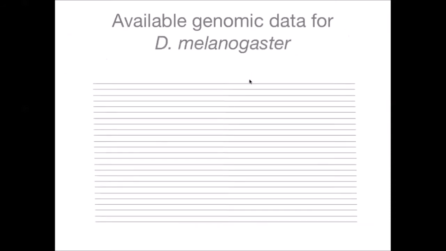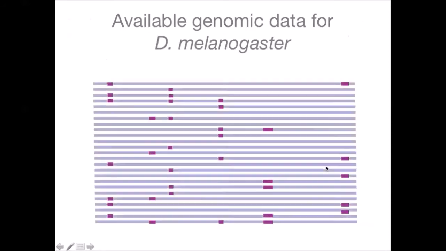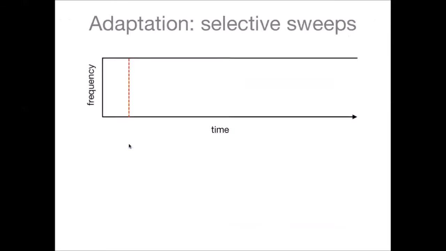This is in contrast to what was historically available, where we used to have little fragments that were just 20 to 50 base pairs long, scattered throughout the genome. And now we actually have this whole genomic data that can fill in the blanks. And now we can actually look at the correlations between sites to make inferences about evolution. So, what kind of signatures of selection should we expect from such whole genomic data when evolution is slow versus rapid? So let's consider when evolution is really slow.